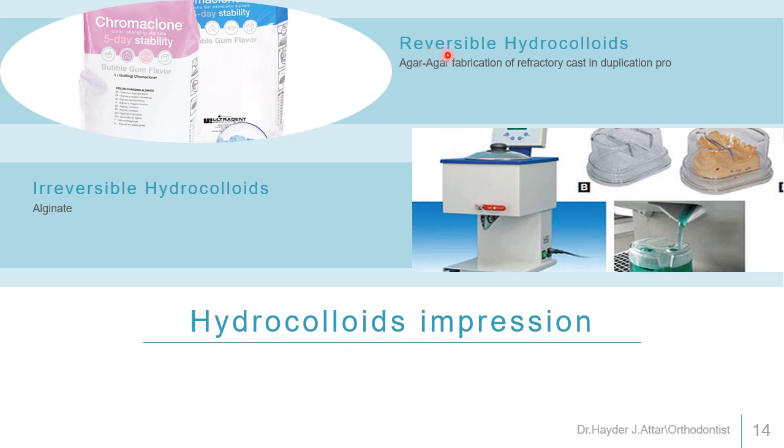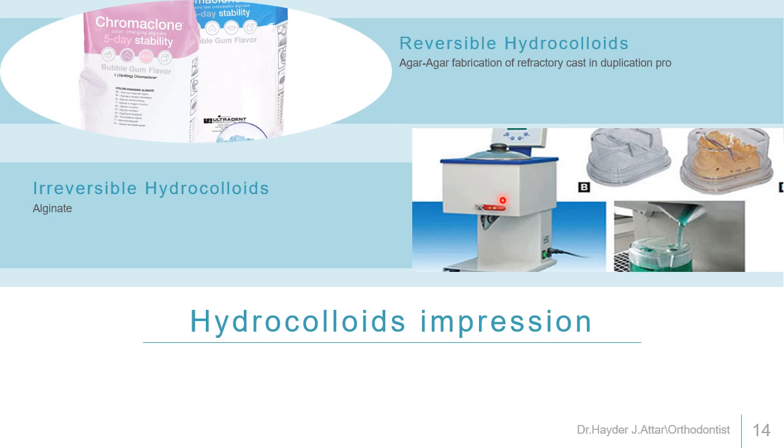The reversible hydrocolloid is represented by agar-agar, which is characterized by being affected by temperature. So when high temperature is applied to this material in this oven, it changes to a fluid material,